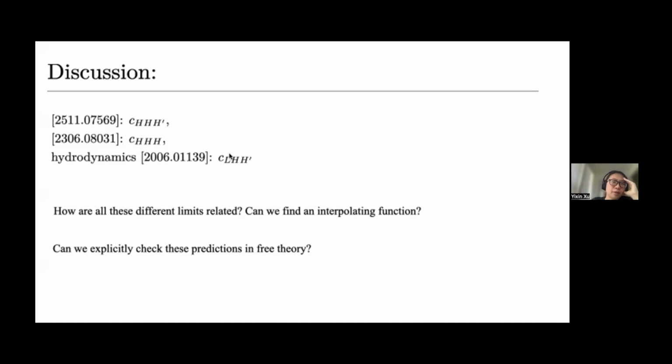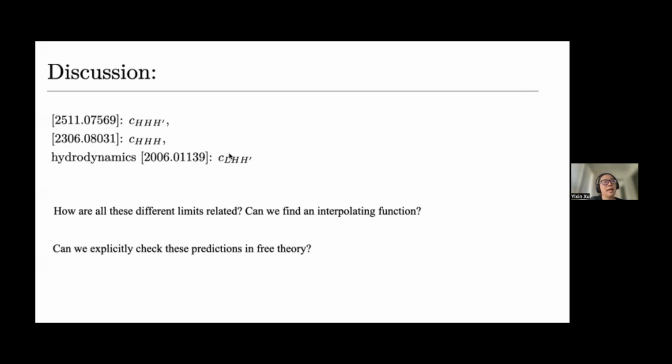All these different approaches probe different limits, and some of them are overlapping. But so far, it is not clear to me how I should relate them or how to interpolate between different scaling limits. It would be really nice if we can understand this problem,